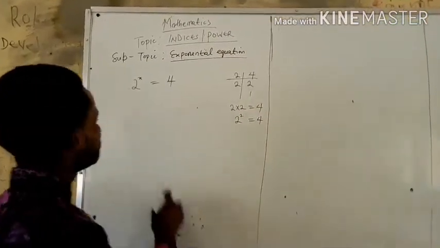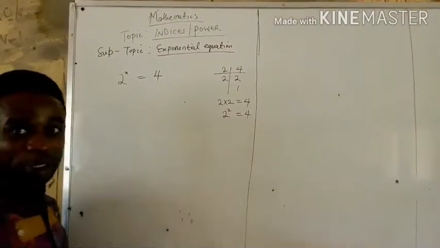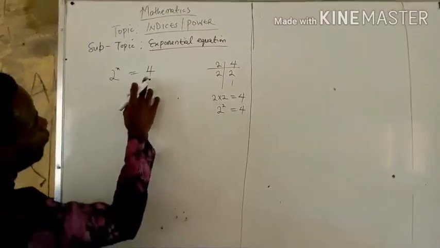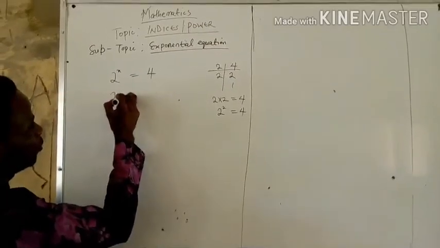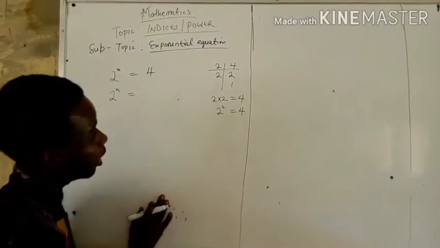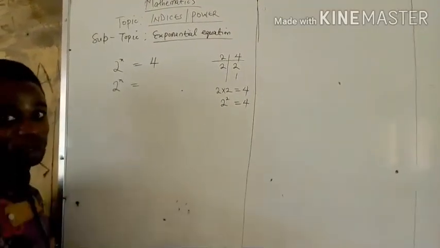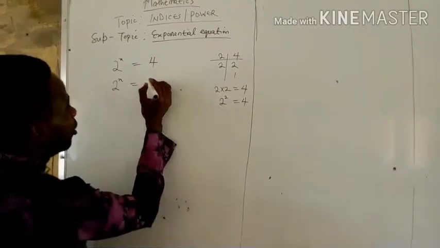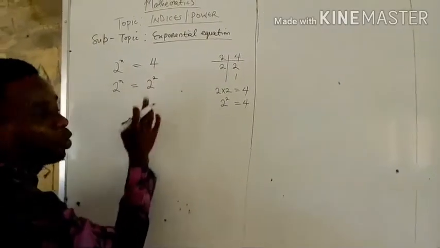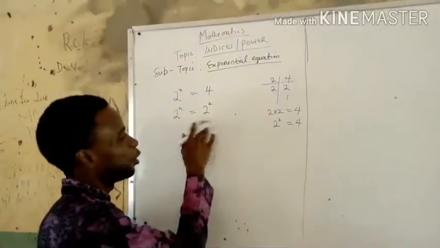Now we know that 2 raised to the power of 2 equals 4, is it not? So writing this statement again, 2 raised to the power of x equals, I don't need to put this 4. What I will put is this, because I'm trying to make the base equal. So I'll put 2 raised to the power of 2. And we all know that 2 raised to the power of 2 equals 4. Now, since the base are equal,